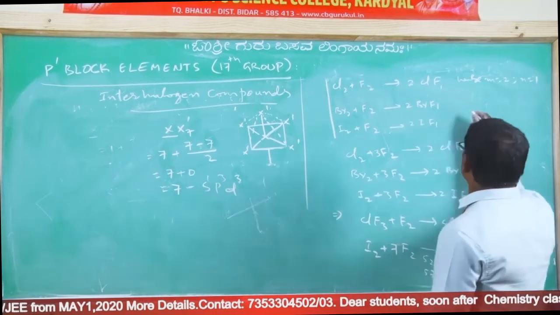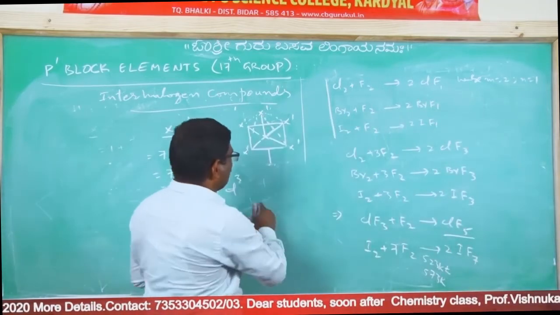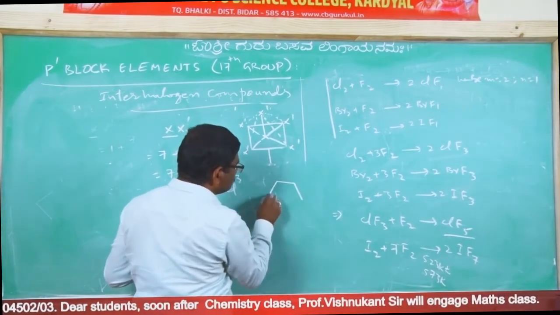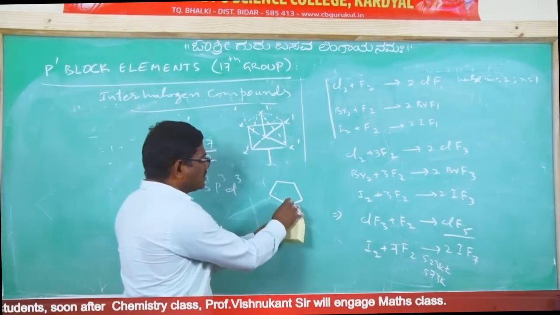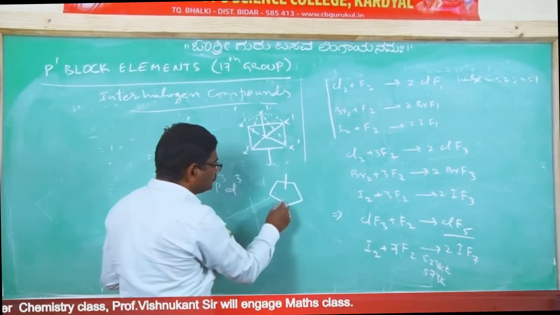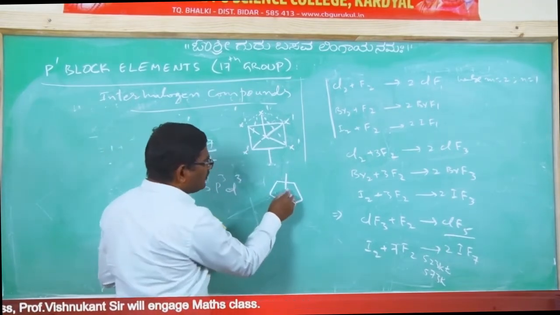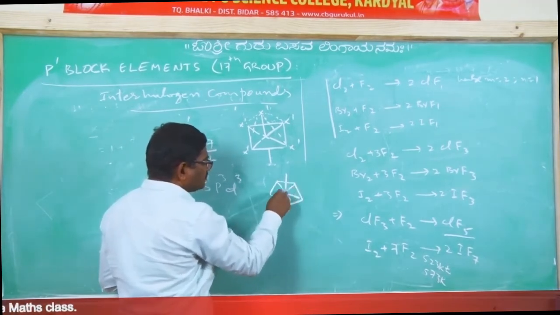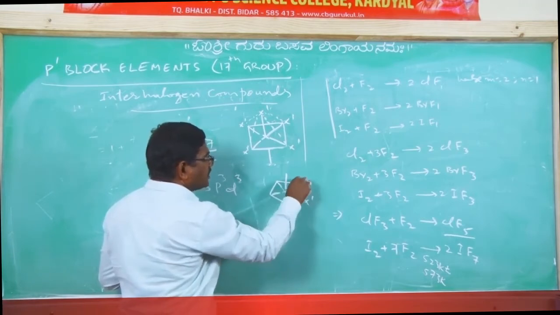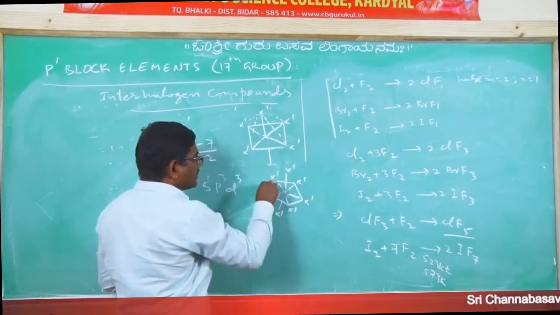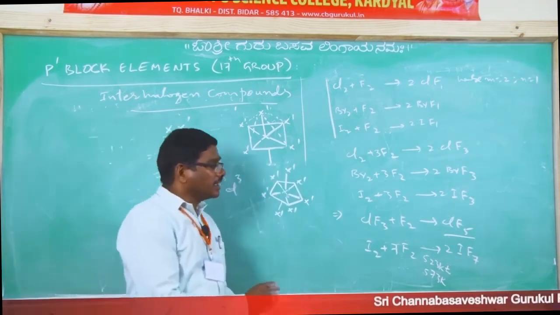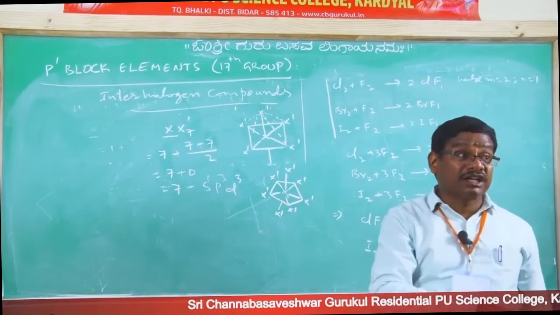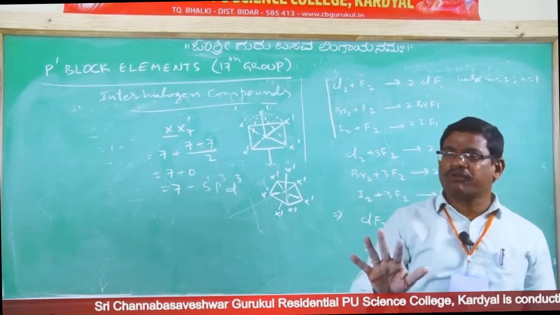Pentagonal bipyramidal. 5 gonals are there, like this, 5 gonals and 2 pyramids, correct? 2 pyramids. If it is X, now these are X', X', X', X', X', X', X', like this, right? So regarding inter-halogen compounds, in this way their preparation, geometry, reactivity,